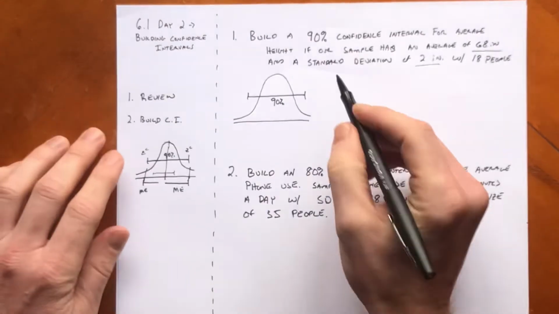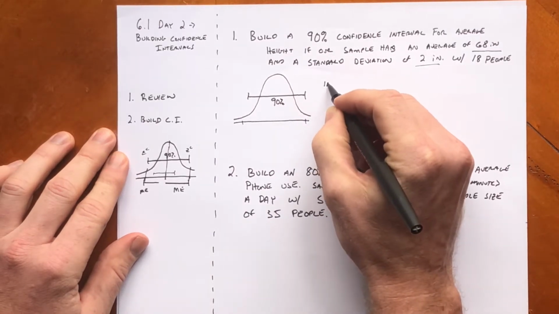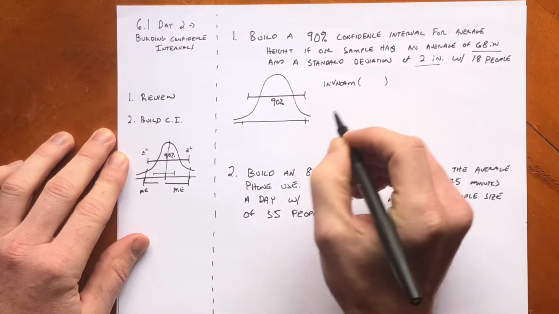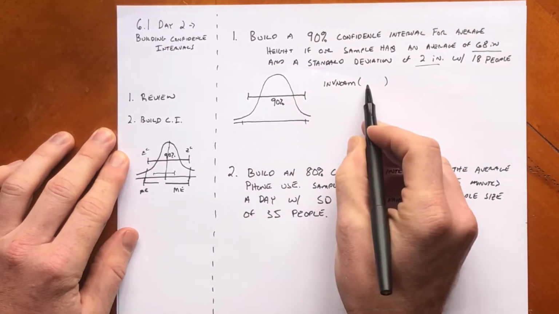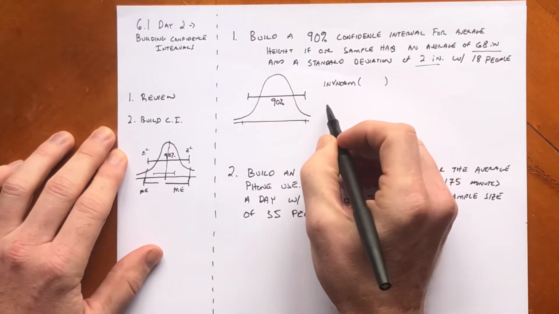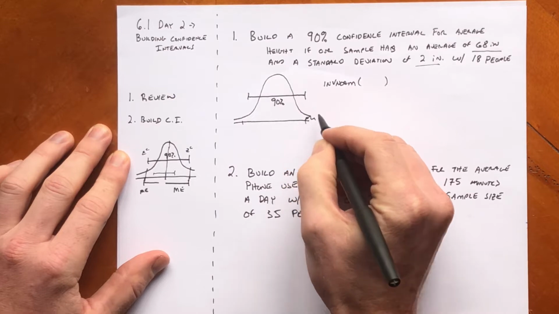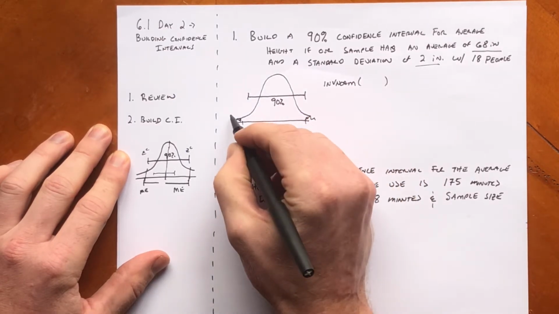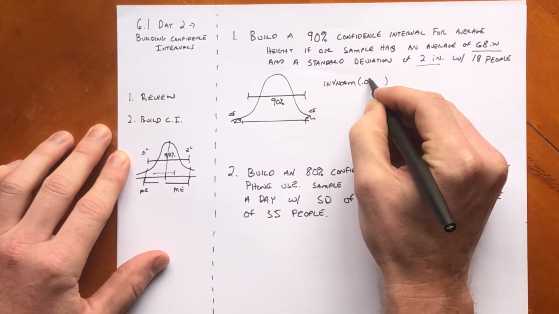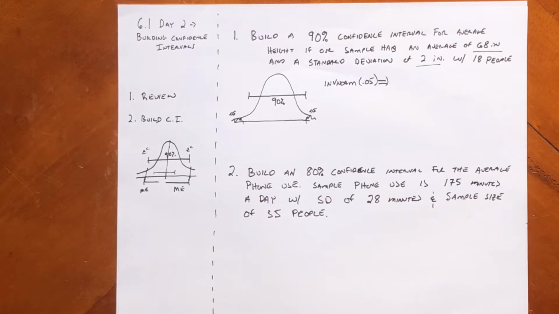Right, so the first thing we have to do is we have to find out what those z's are going to be. So we go invert norm. This is what we practiced yesterday. So you can either type in 0.9, comma, and then do the middle thing if you have the new calculator. I'll just show you on the old calculator how you do it. So you have 10% left in the tails here, so 10% here and here, which means I have 5% here and 5% here. So if I go invert norm 0.05, that will give me, let's do that on the calculator real quick,